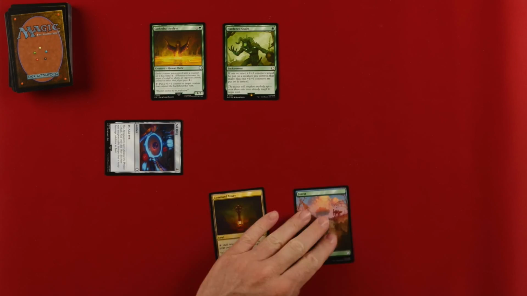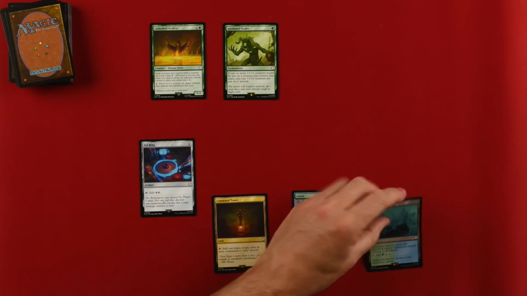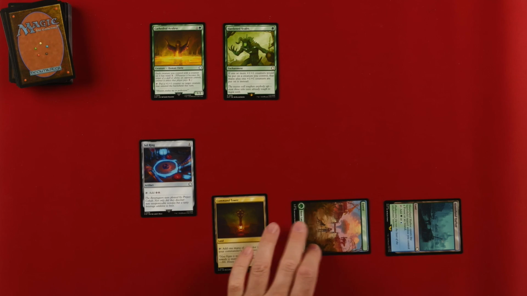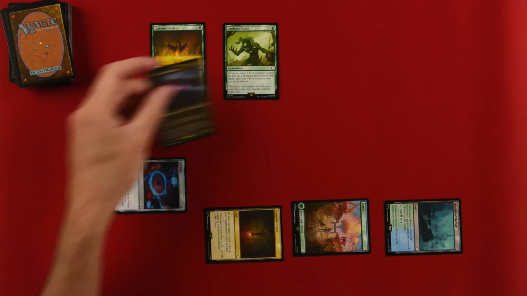We're going to start going through these things a little bit faster. Untap, upkeep, draw. I will play Hinterland Harbor. It enters the battlefield tapped unless you control a forest or an island. I control a forest, so it does not enter tapped, and I can use it right away. I'll tap it for 1 blue mana, 1 green mana, 1 black mana, and 2 colorless mana to bring in